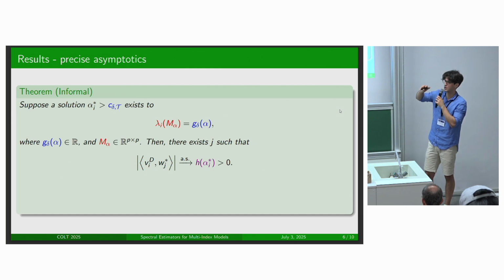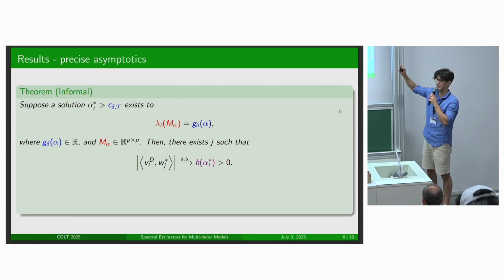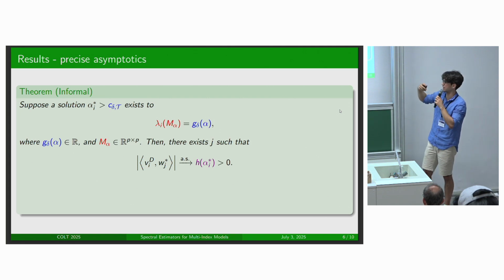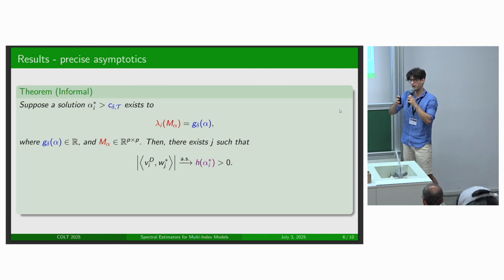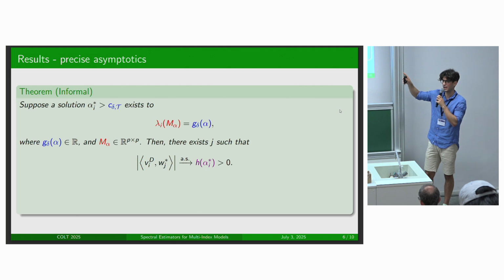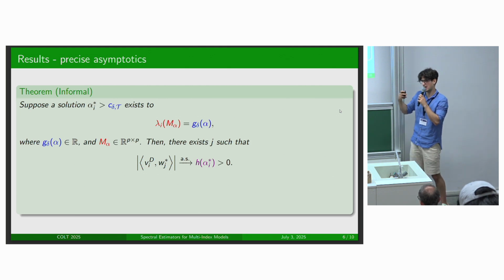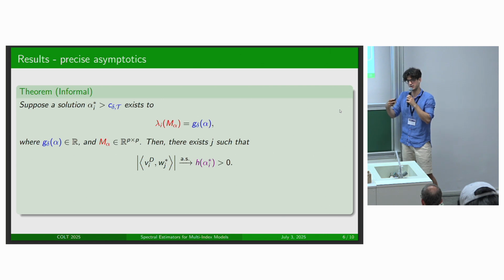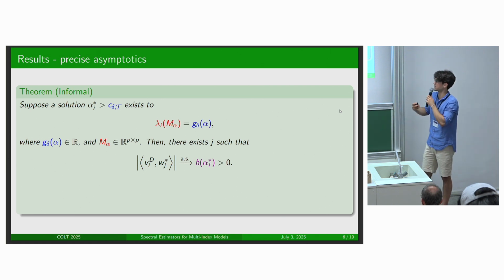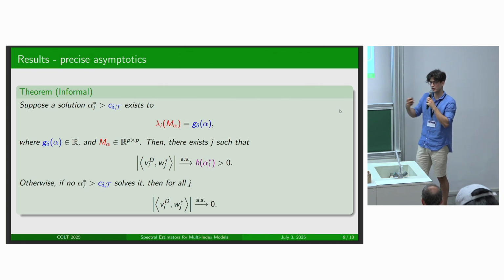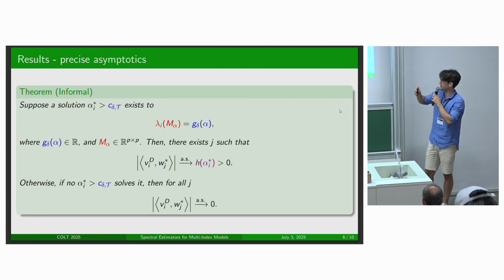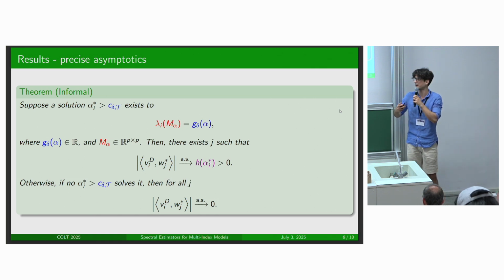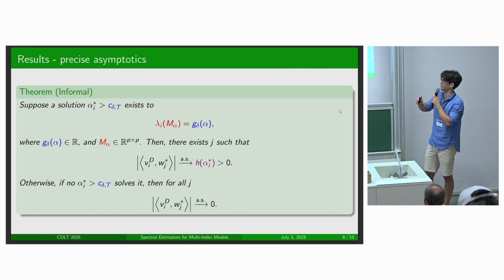The important thing is we have an equation that deals with p-dimensional objects as opposed to d, so this is tractable. If we solve this equation, and our solution is above a certain threshold, here C, then we can get a non-trivial overlap when analyzing the eigenvectors of our spectral matrix. On the other hand, if there is no solution to this equation, then there is no overlap, and this actually converges to 0. We have a similar result for the eigenvalues, but it's the same flavor.